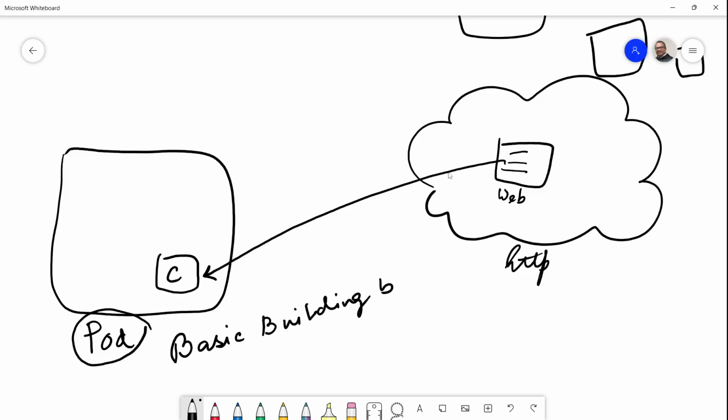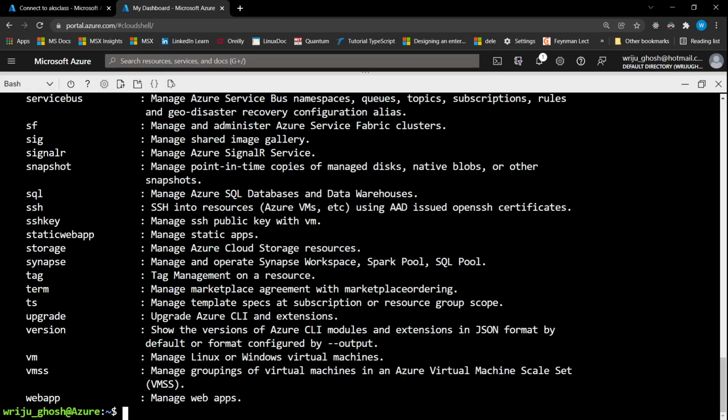We never run a container directly in a Kubernetes cluster. We always run a pod, which internally hosts a container. But we don't say that we want to run this container directly. That is why you don't need to know how Docker commands work when you work in Kubernetes. You need to know how kubectl works in Kubernetes. So I will go back to this